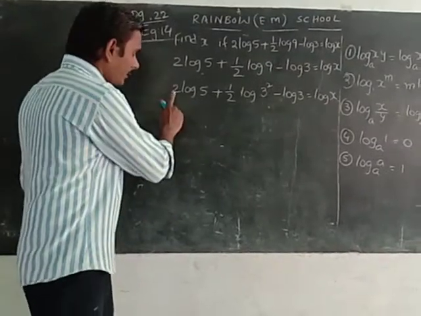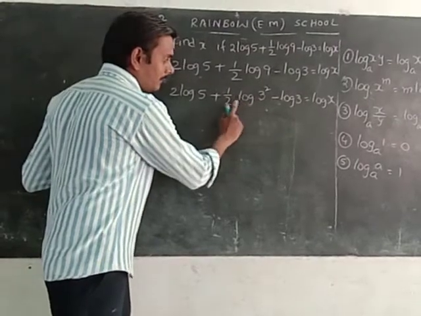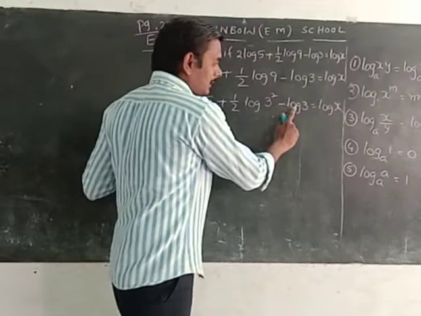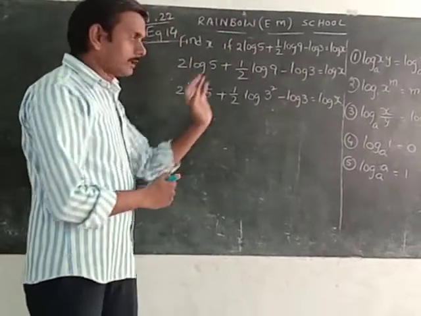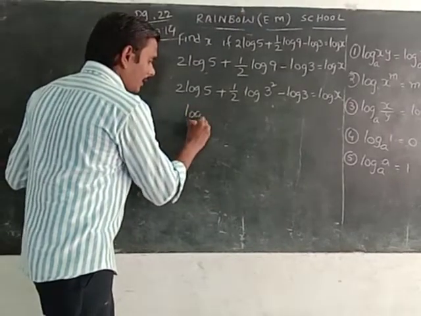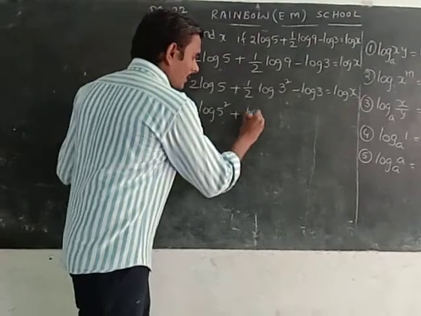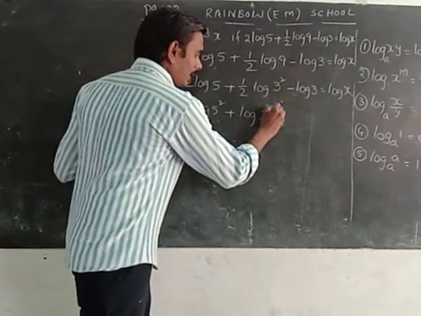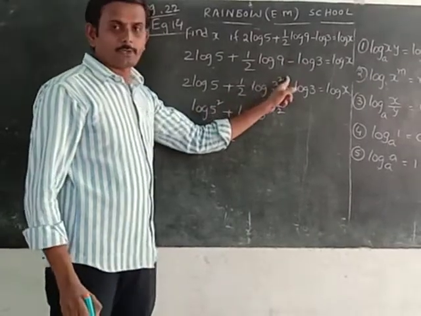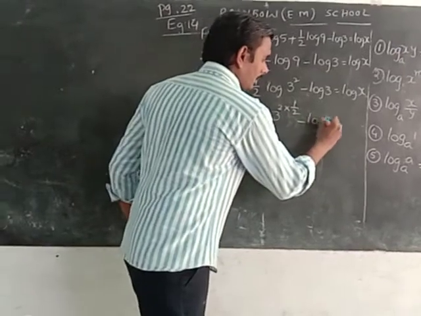Okay, we have observed here m log x, m log x, m log x, m log x. Totally this is taken as x. This is same one. Remaining as it is. M log x means log x power m, plus log 3 power 2 already there. Write exponent 1 by 2. M value as it is, you have to multiply for the numerator, the exponent part, minus log 3 equal to